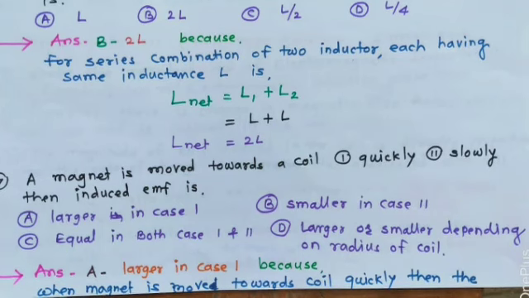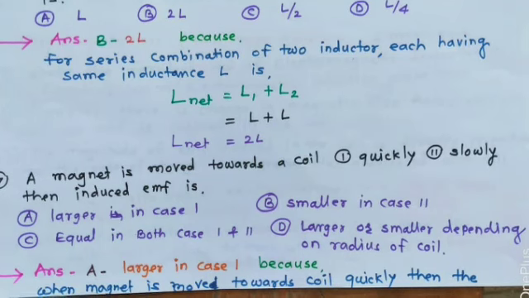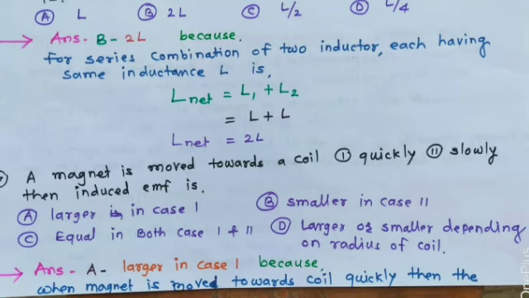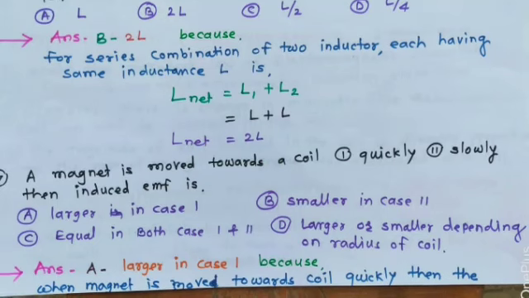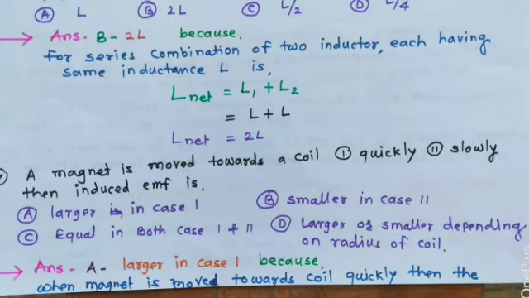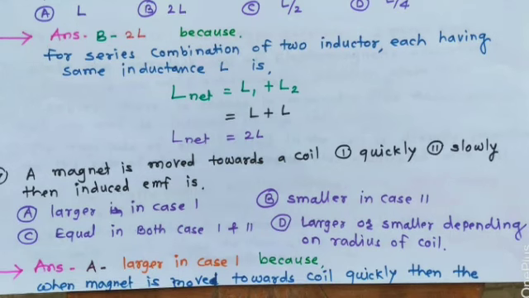So here the answer will be option A, that is larger in case 1, because when the magnet is moved towards the